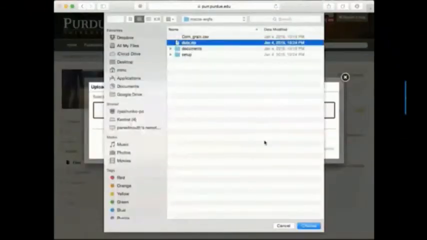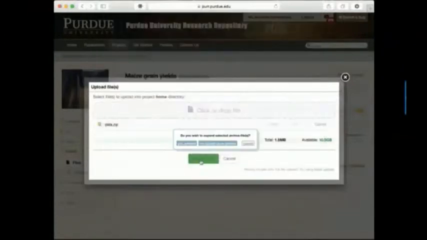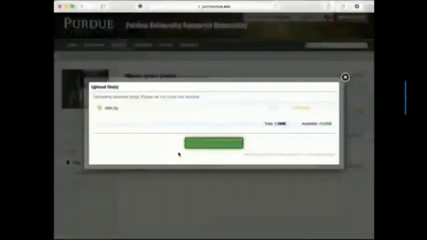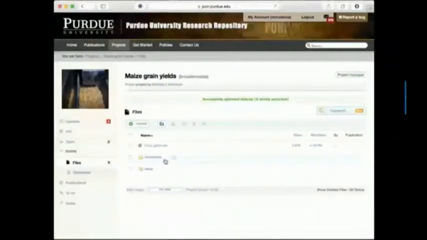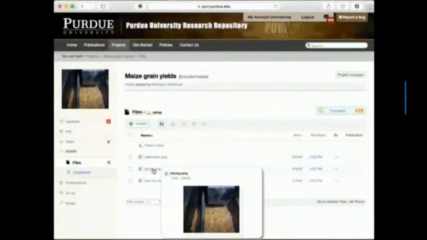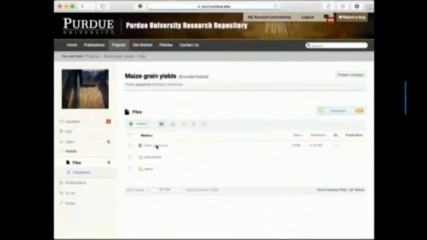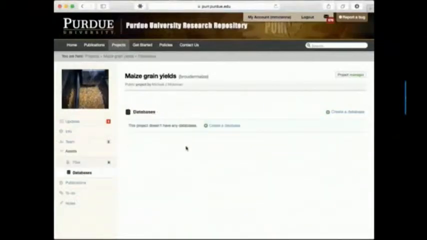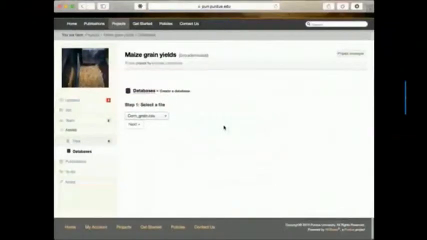But there's a whole web interface that makes it super easy to upload your data. So here, I'm uploading a zip file. I can expand it, and it'll expand the zip, and it gives me all kinds of stuff that I can browse around. So anybody on the project now can get in here, get these documents, modify the documents, use them. There's also a connection on Google Drive, too, so you can connect it to your desktop.